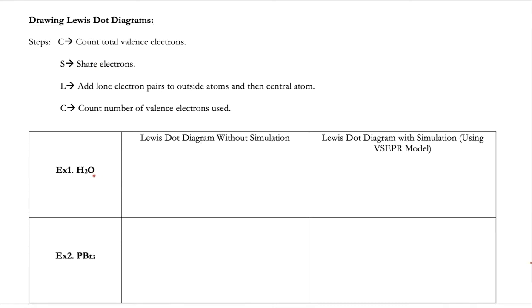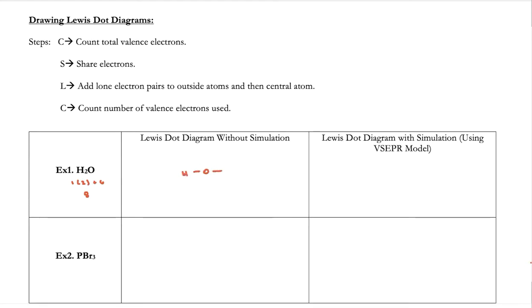All right, so for the first molecule we've got water. The first step is I need to count my total number of valence electrons. So if you look at your periodic table, hydrogen has 1 valence electron, but there are 2 hydrogens, so that's a total of 2, plus oxygen, which has 6 valence electrons, so there are a total of 8 valence electrons. All right, that's step 1. Next, I need to share electrons. So oxygen is going to be my central atom here, and I'm going to share electrons